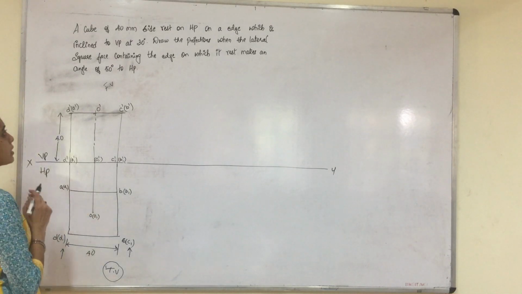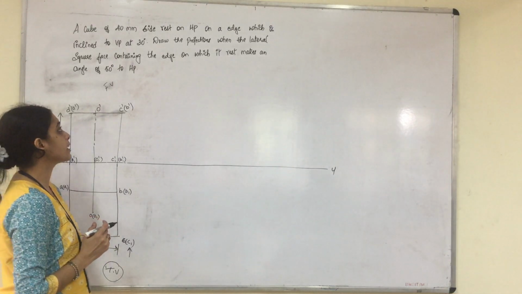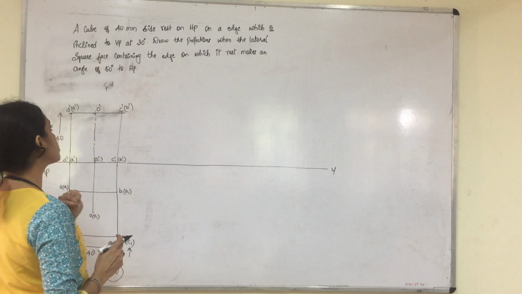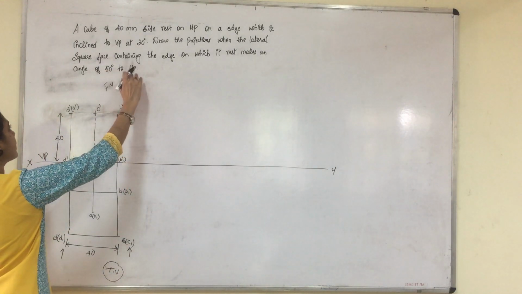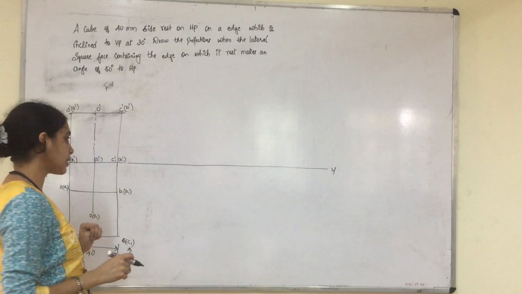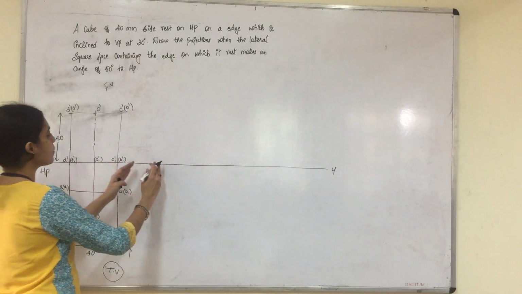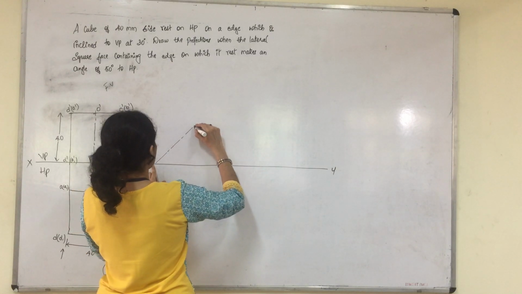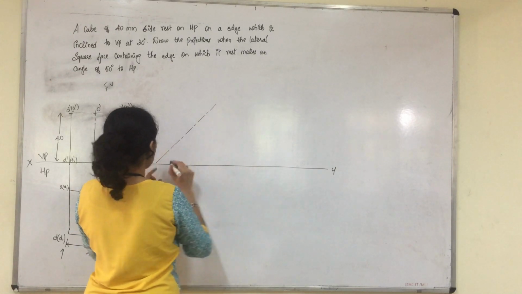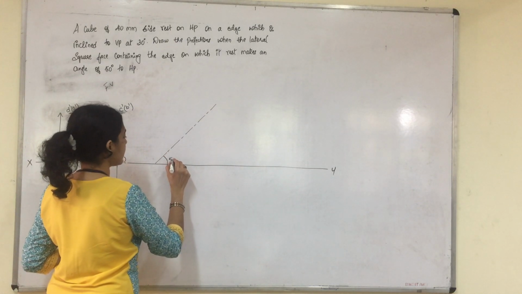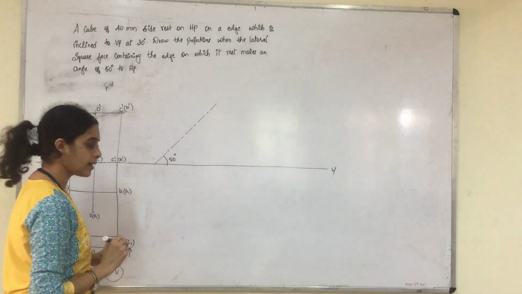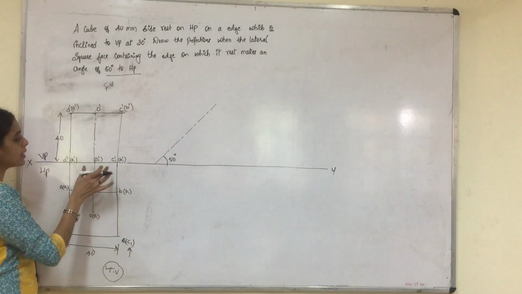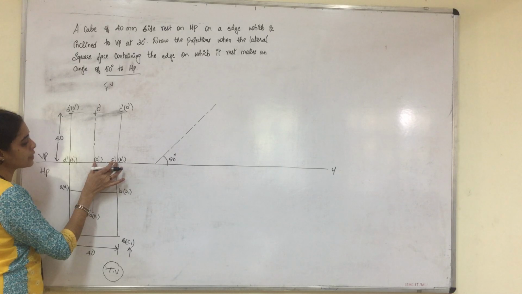After the first stage, you have to see what data is given related to the axis inclination to HP. Here the axis is inclined at 50 degrees to HP. So we leave some space and take the axis line here for the 50 degree inclination. Show the angle as equal to 50 degrees. Once you take 50 degrees to HP, please measure the distance from O1 dash to C dash.